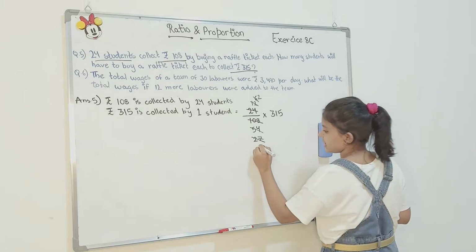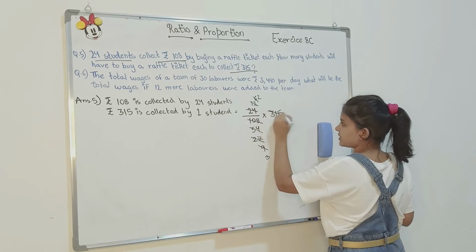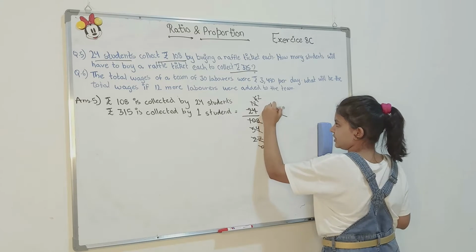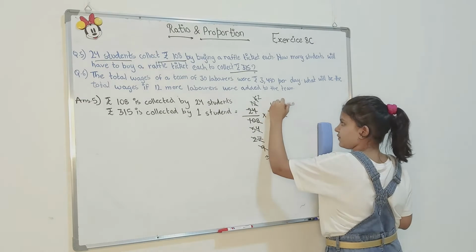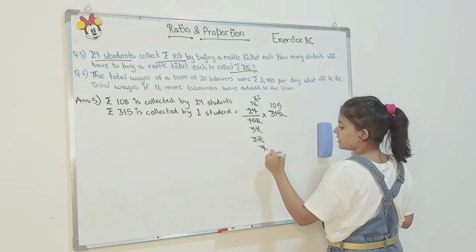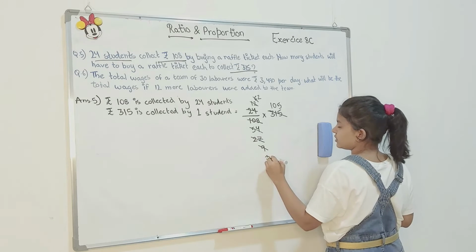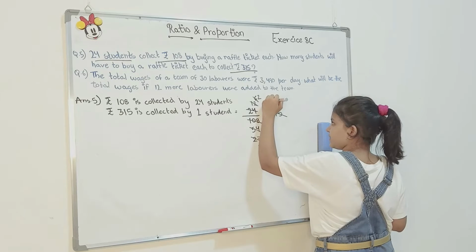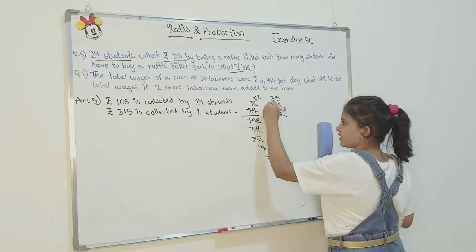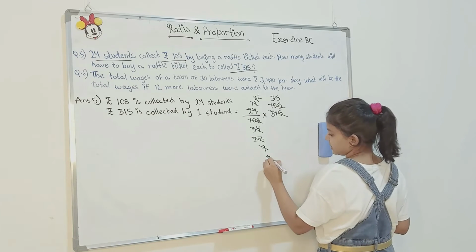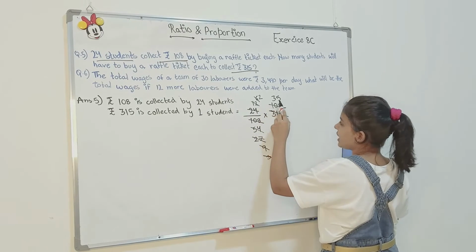So first 9, 3 3s are 9, and then 3, we'll cut this, and then 3 1s are 3, then 1 will get 0, and then 15, 3 5s are 15, like this. So then 35. So our answer is 35, and we cut this. So 3, and then this is also cut. So the two numbers which are left are 2 and 35.